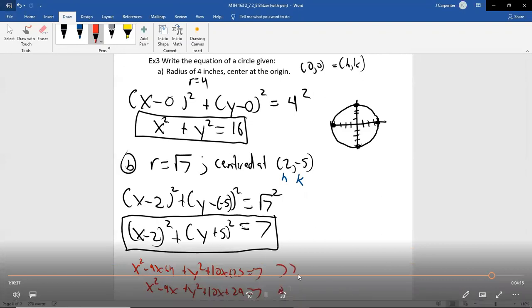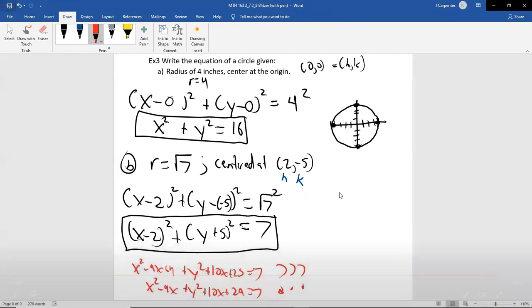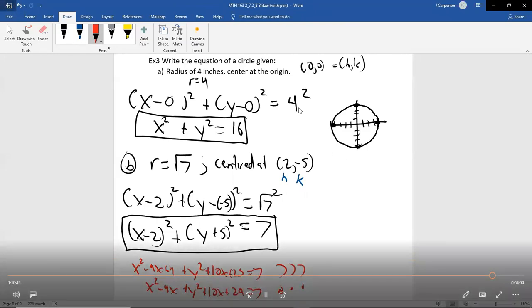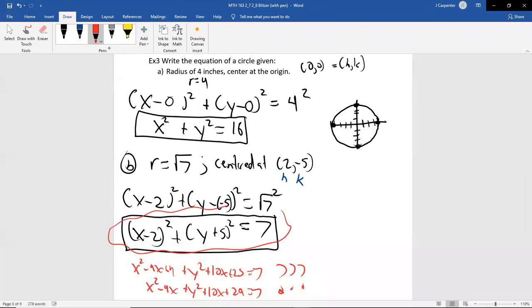But when you look at this red version, even though they are still equations of circles, they're just algebraically different looking, I can't identify anything. When I look at this, I can look at this thing right here, and I can tell you the radius and the center in the snap of a finger. I can't do that here. So it's not beneficial to expand anything in that way.